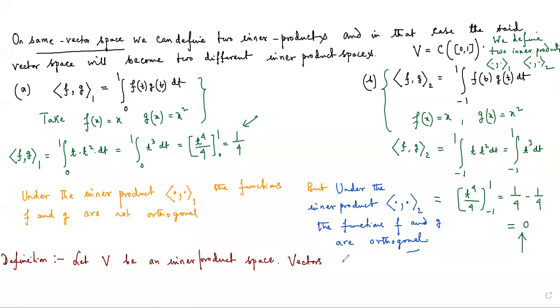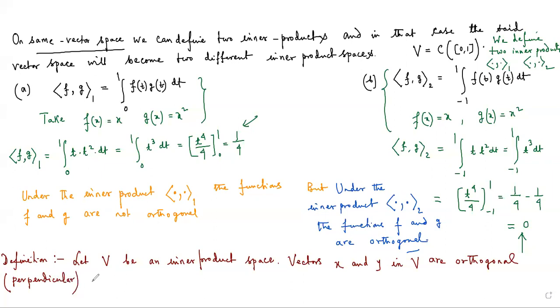Vectors x and y in V are orthogonal, or we say geometrically they are perpendicular,